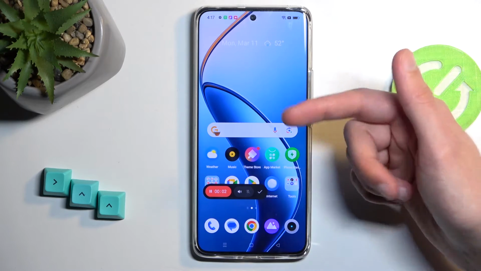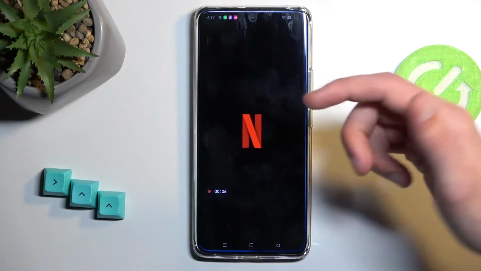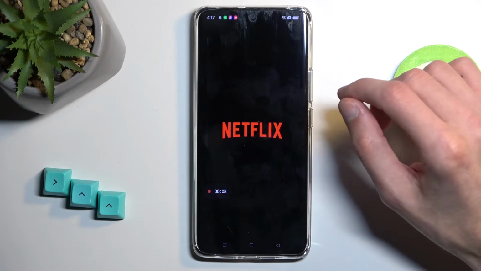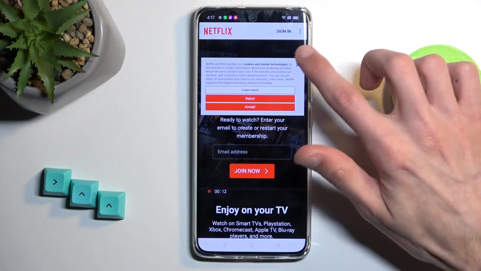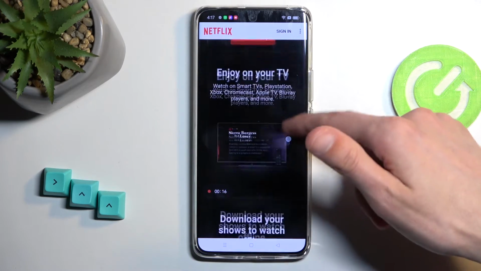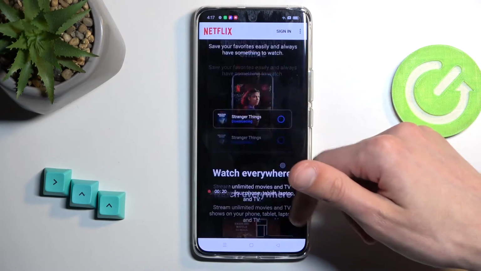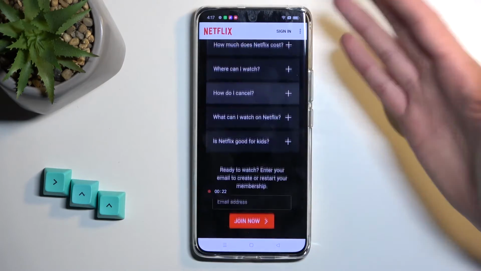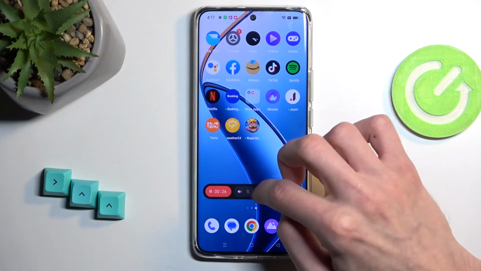Gives you a counter right here, how long you've been recording, and whatever you do right now will be recorded. Now, there's a bit of a caveat to this. It's a reason why I'm opening up Netflix. So keep in mind I'm not signed in. I haven't agreed to anything of Netflix. Neither did I agree to this bullshit that just popped up right there. So we can see clearly there's content visible right here. Obviously. Once I close this and stop the recording,